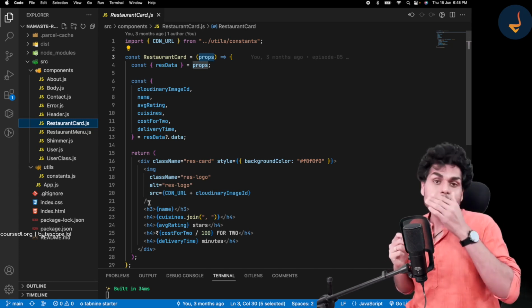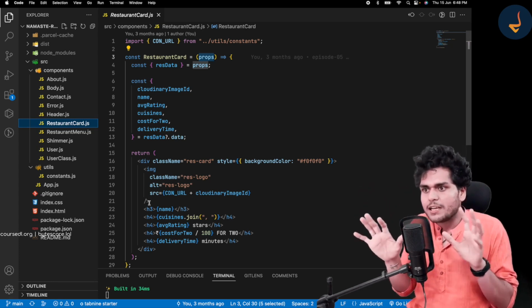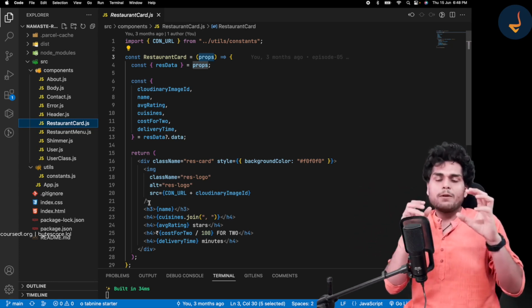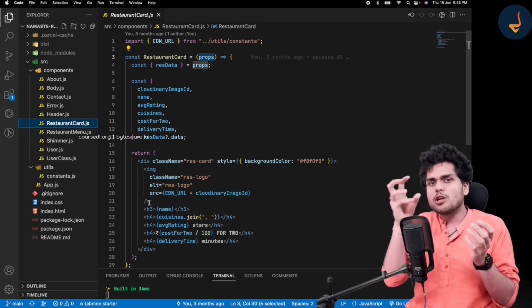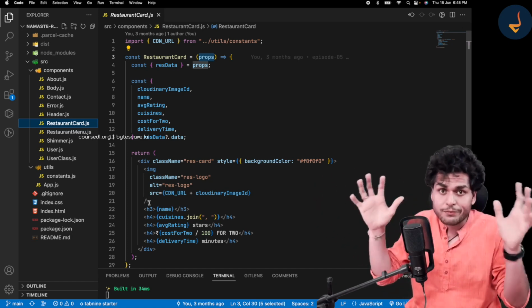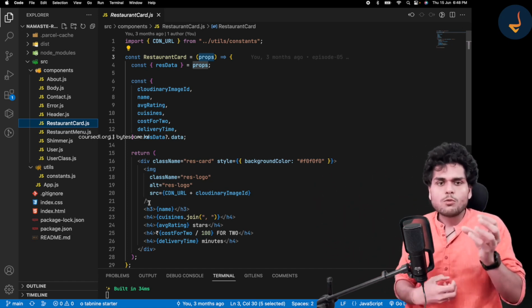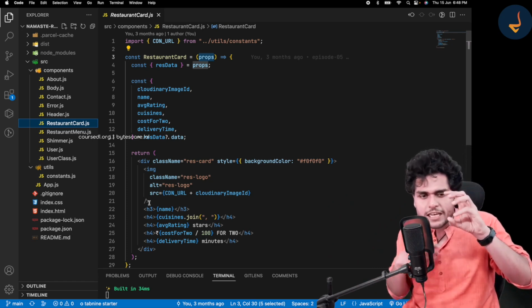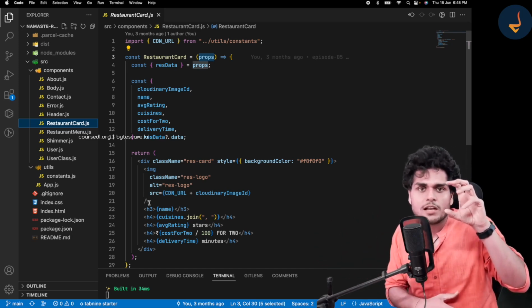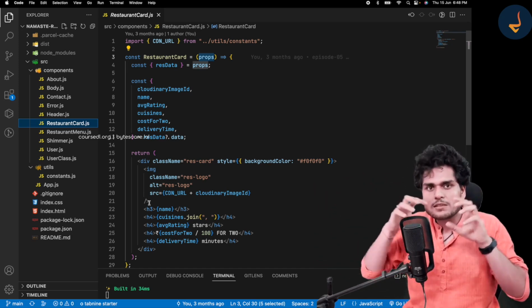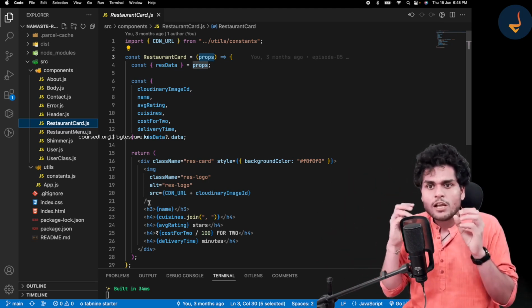Let me explain once again if it is getting a little confusing for you. See, when you break down your code into small pieces, small components, small different types of utility functions, what happens is you test each and every small piece of your code. You write test cases for one piece, second piece, third piece. Similarly, you create all that.